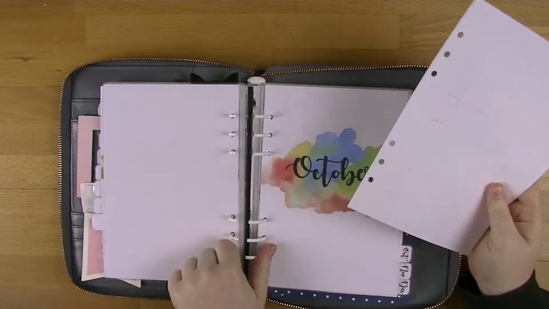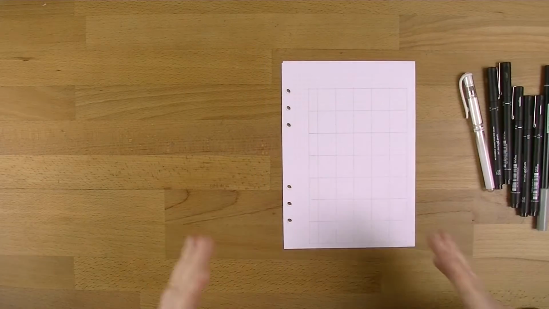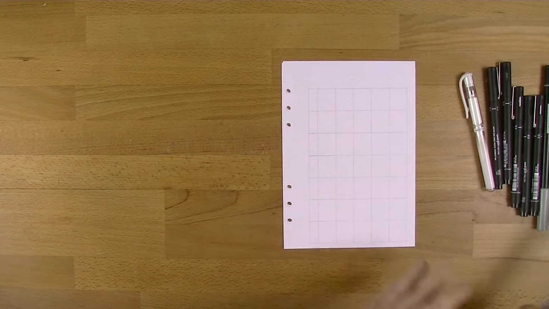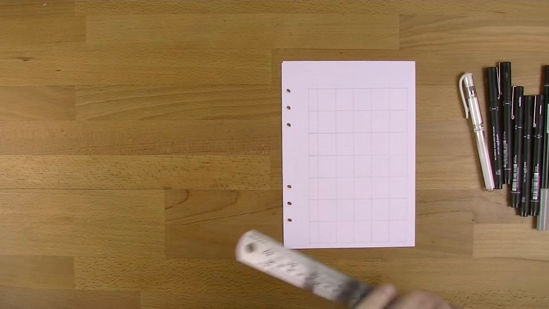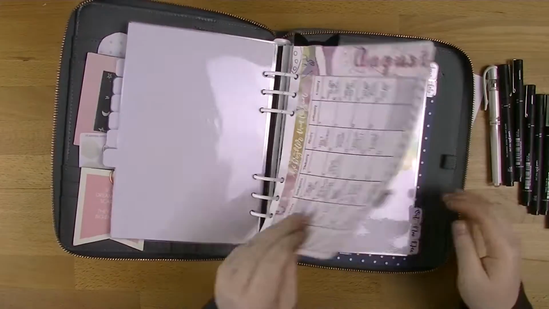But I have altered these just a little bit from last month to this month. And all it is, I've added in an extra section. So the extra section is going to be for my Instagram posts. It used to be, I'll grab this back here and show you. So it used to be that